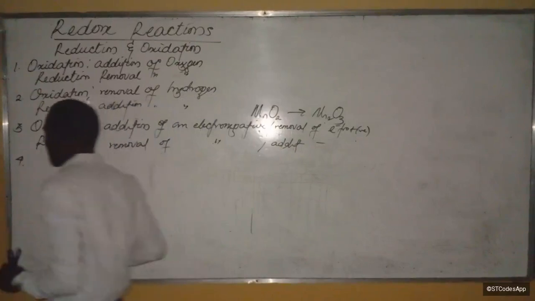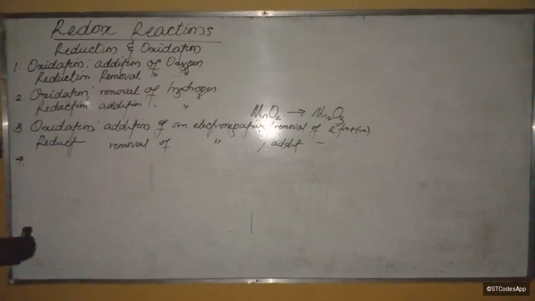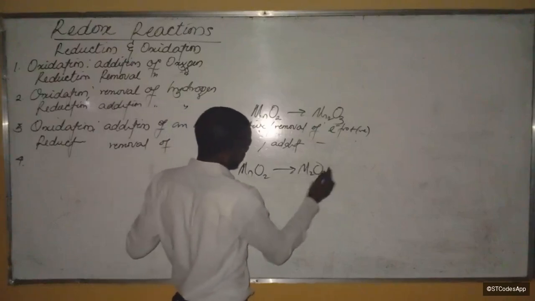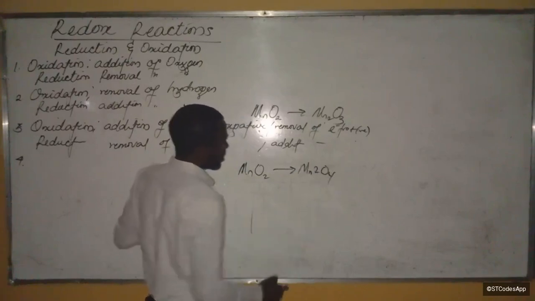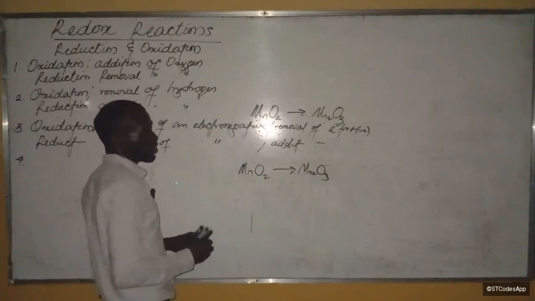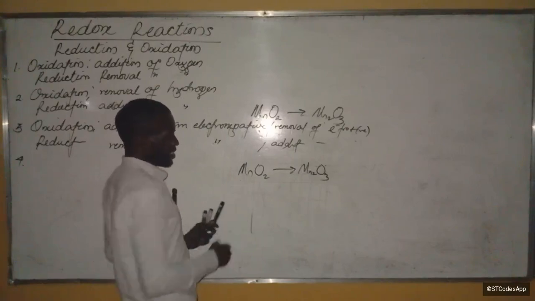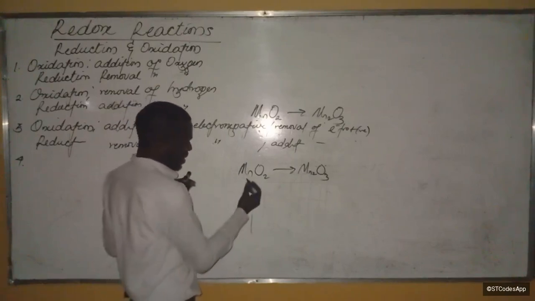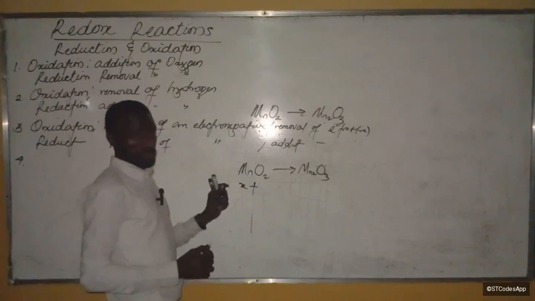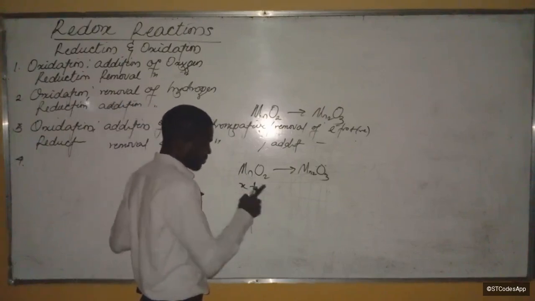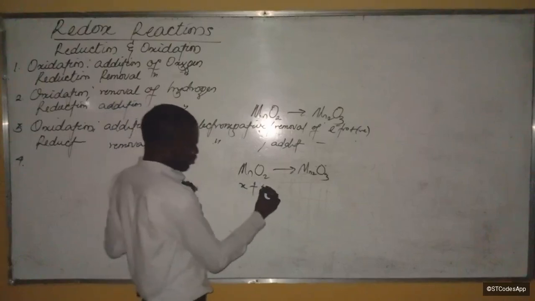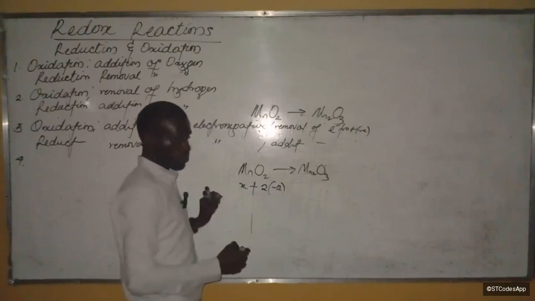Now they start calculating their oxidation numbers. For example, look at this guy I give you here, MnO2. If you look at this vividly, what's the oxidation of Mn here? Let's calculate. Mn here is, we don't know, x plus, this is how to do this, okay? We don't know that of Mn, so we'll put x plus, for oxygen, remember the oxidation of oxygen is always -2, but 2 oxygens are given here, so it will be 2 times -2, okay? Will be equal